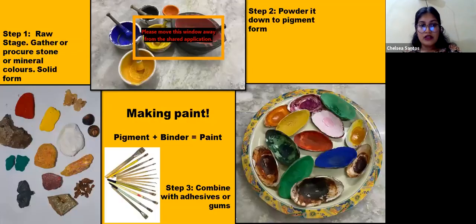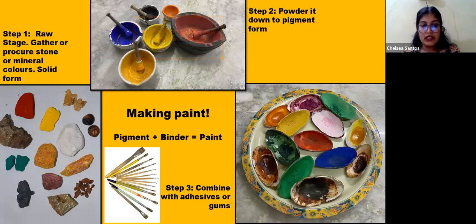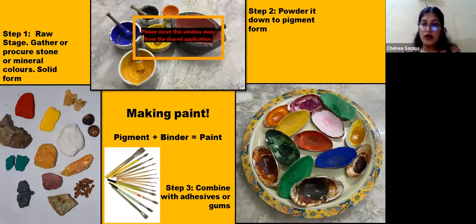Jason, next slide, please. And now we come to a little bit on the technique about making the paint. Jason already spoke to you about this, but I'm running through it once again. So first you have the first stage where you have mineral colors, essentially mineral colors. You could also have natural, plant-based and animal-based colors that are used. It's in a very solid form. It is then powdered down,